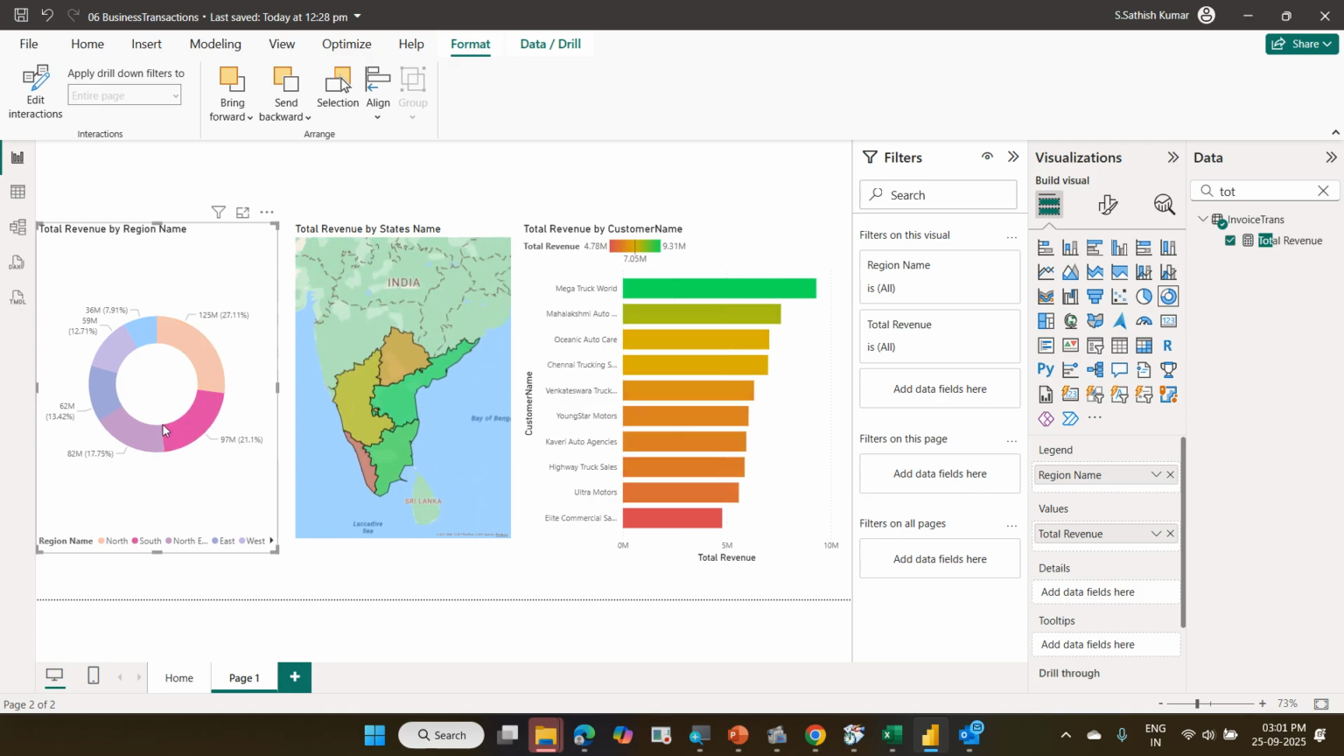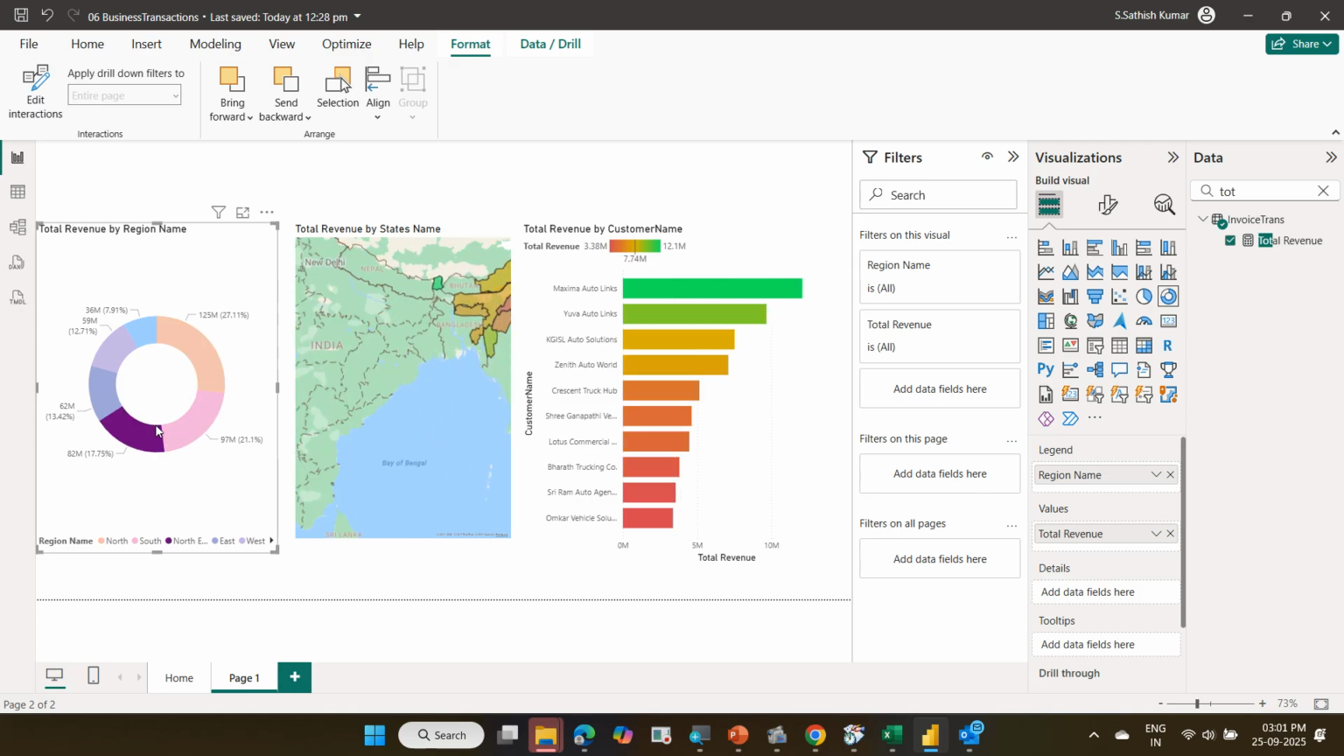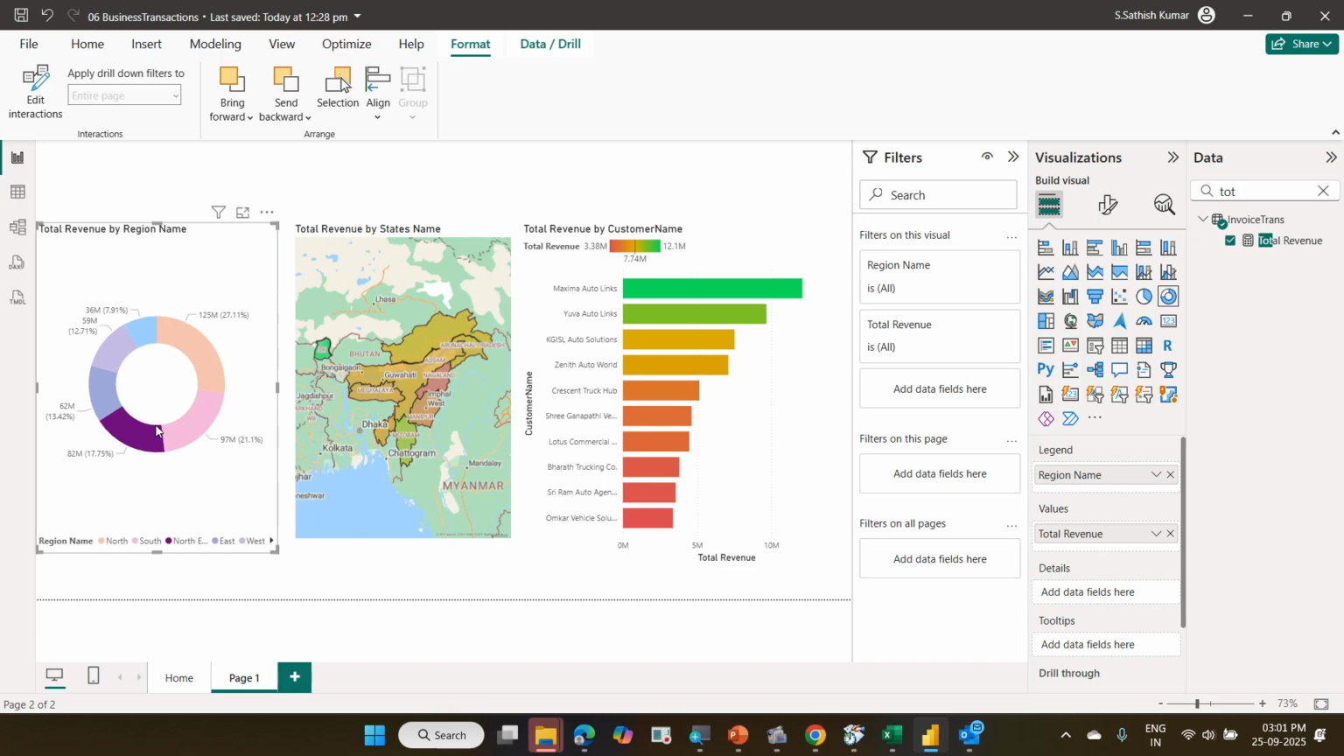We are going to see how to interact between pages, or how to bring a page within a page, interact between the pages and page to page. That's our next topic. Tables and matrix. We'll see about tables and